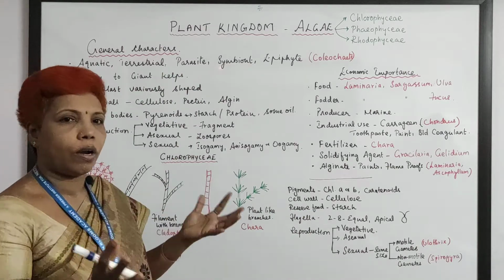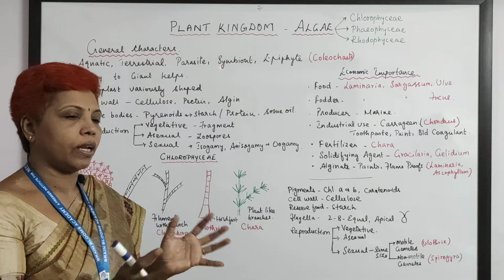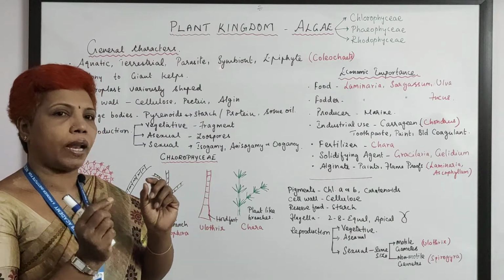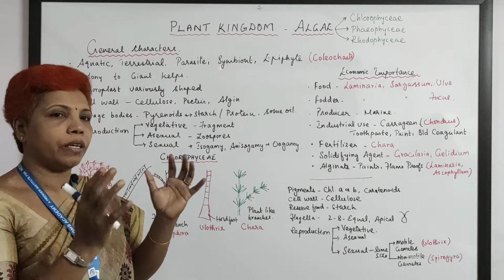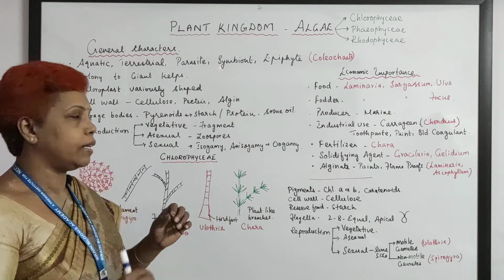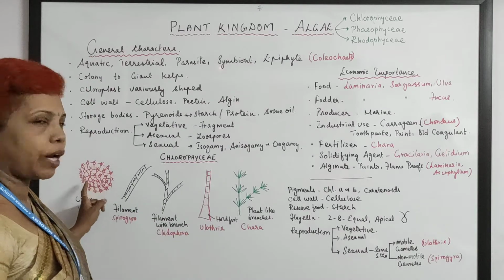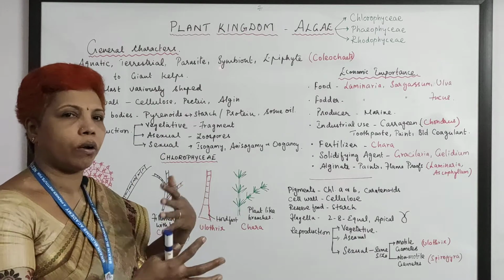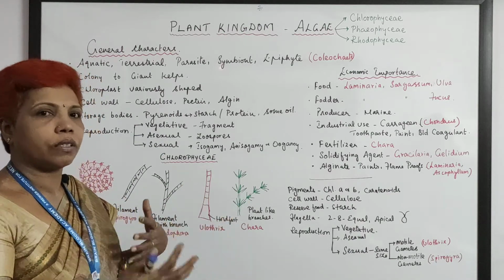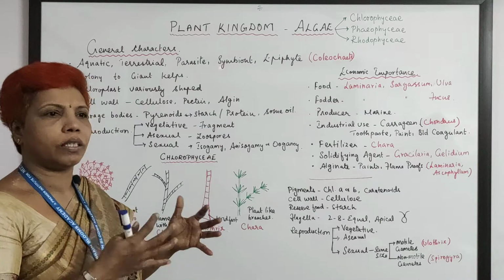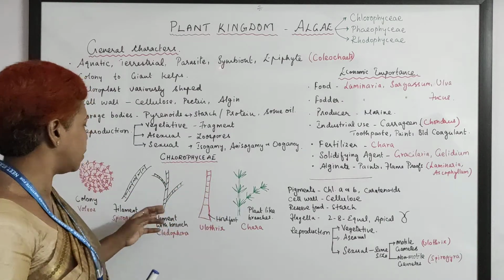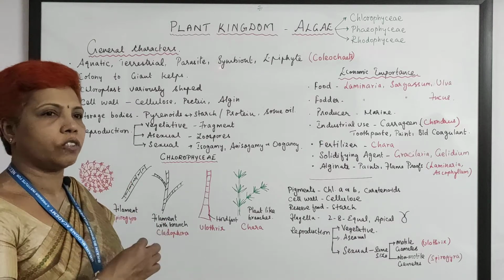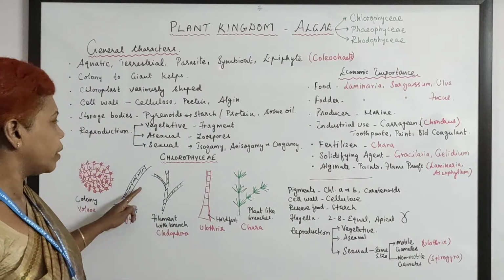So let us start from the colonial forms. They form a colony, with so many single-celled algae with flagella collectively formed and interconnected with cytoplasmic strands and covered by a mucilaginous sheath. They just move like a ball in the ocean or in freshwater, in huge colonies. This is a colony. And from the colony, it is slightly elevated in evolution. They form a single